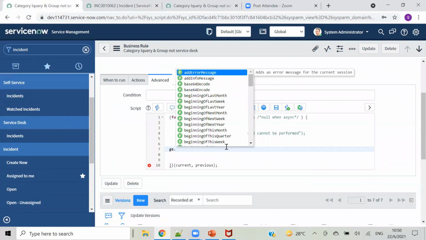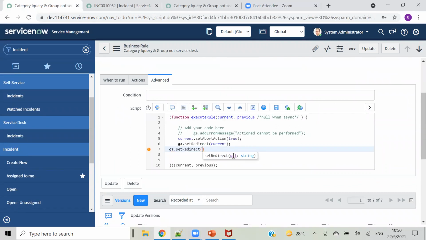And you can see we have set redirect, and inside that you can give some URL string. So if you give any other URL, it will redirect to any other page. Okay. So you will not face this most of the time in business rules, but you will face this issue while writing UI actions. Like UI actions, I told, right, we will create buttons, delete, update. So inside that you will need this code every time, gs.setRedirect to current. You should write that every time, and we will explore this while we are working on that UI action. Okay. So for now, just understand we have this concept also in ServiceNow.